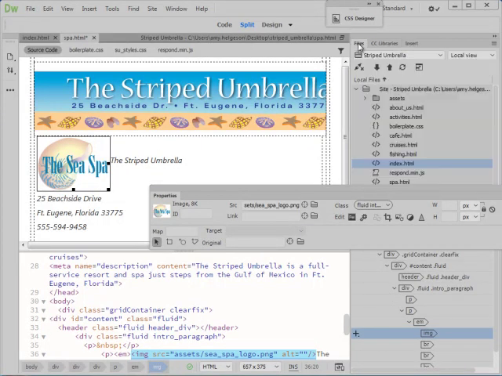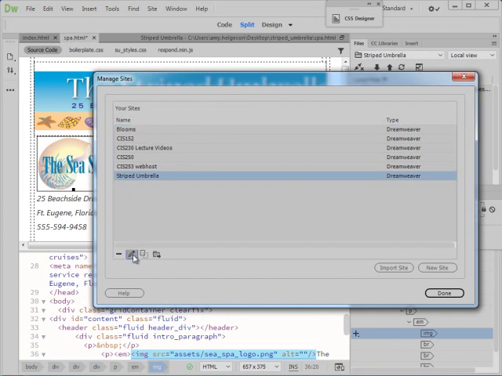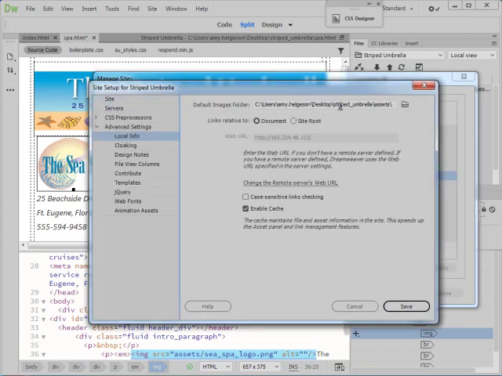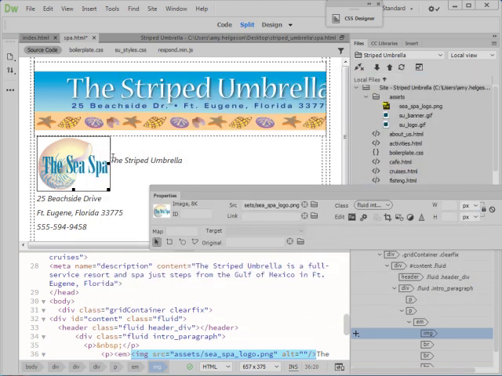Come back to your Files panel, look at your Assets folder, and make sure the CSPA logo copied over. The reason that it copied over is because when I look at the definition of the site for Striped Umbrella, Advanced Settings says Assets is my default images folder. So if it did not copy over, you need to make sure you have set this to be Assets, and make sure you've done it for Blooms and TripSmart and Coffee Shop as well. So that automatic copy will happen. Okay,